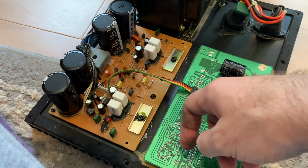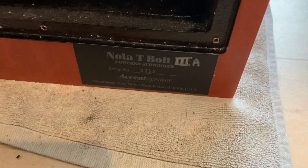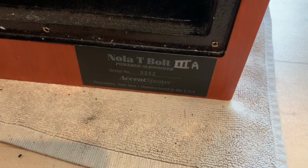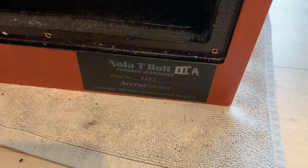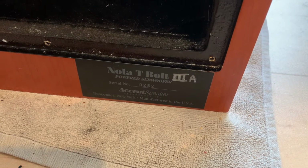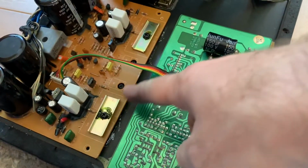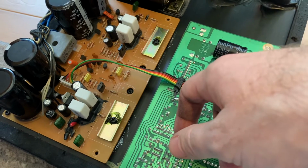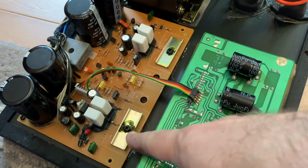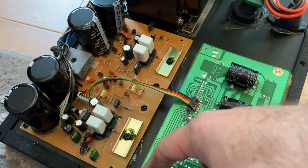But even after a while, especially if the product gets popular, like this Nola T-Bolt sub, which is an excellent subwoofer, then in that case, sooner or later the manufacturer will run out of replacement parts, replacement transistors, and there's no way to fix a unit. And this is what has happened to this sub, that the transistors are gone and we cannot change them to new ones. What you could do is to redesign the entire circuit board to use different power transistors, but that's a really messy procedure,